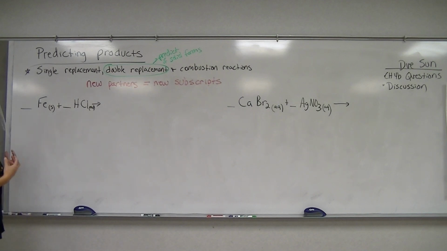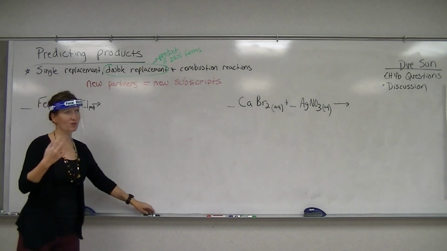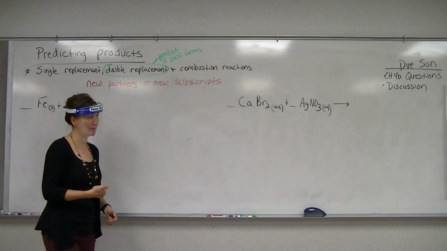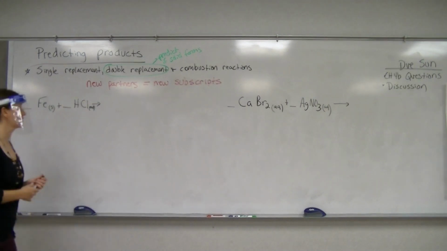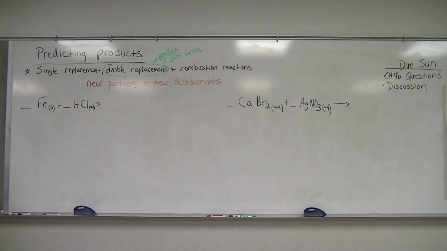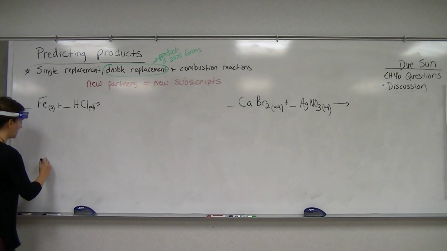So when you're starting, it's best to identify the type. We're going to still do the same steps. We're going to identify the type, we're going to go ahead and predict the products, and we're going to balance the equation. We're going to do it all. So we'll start with the type, because figuring out the type of reaction is going to help us predict the